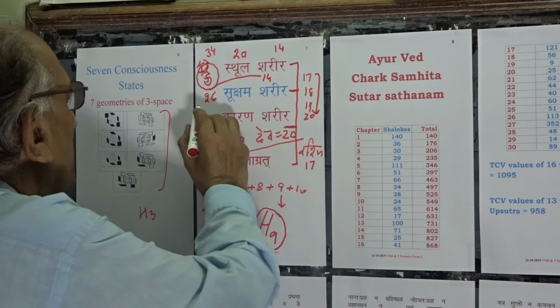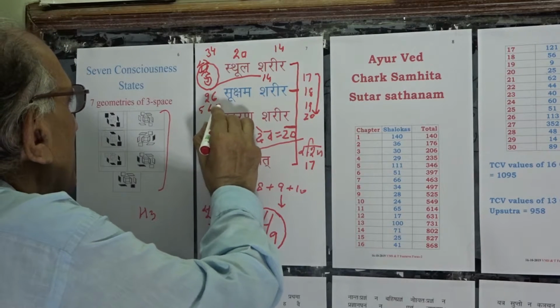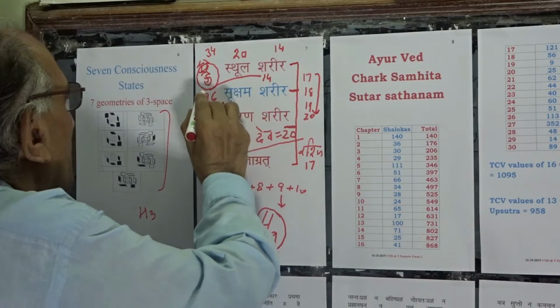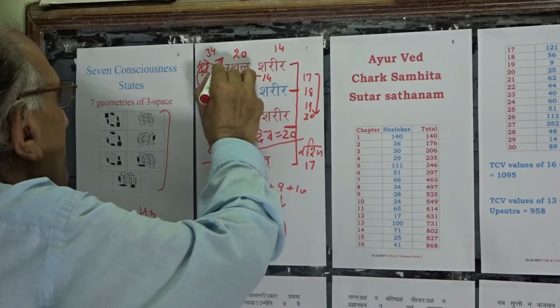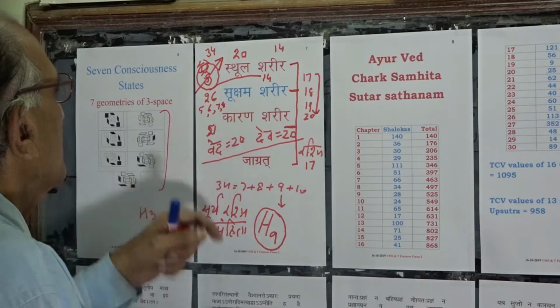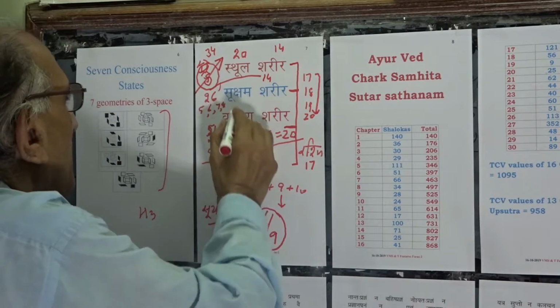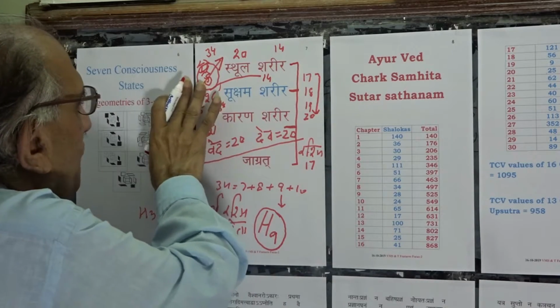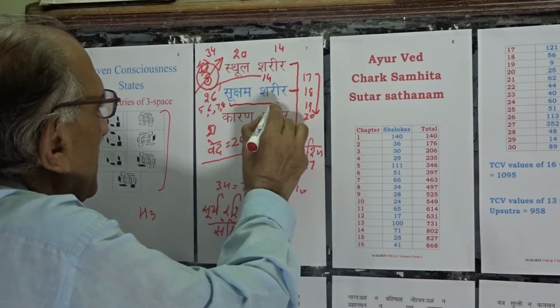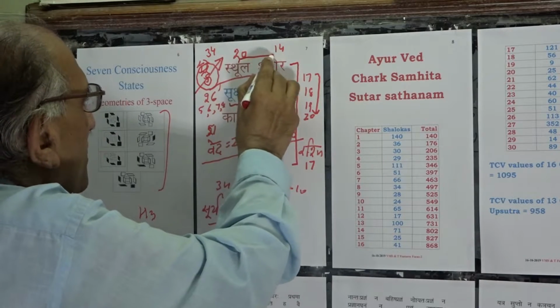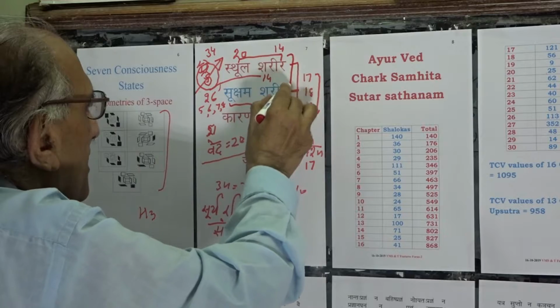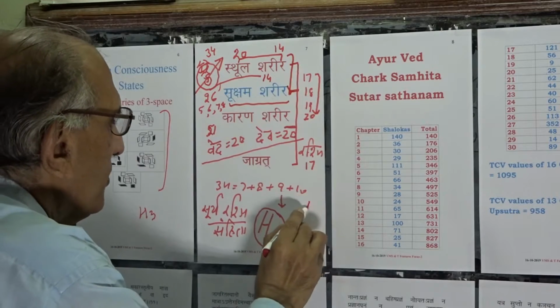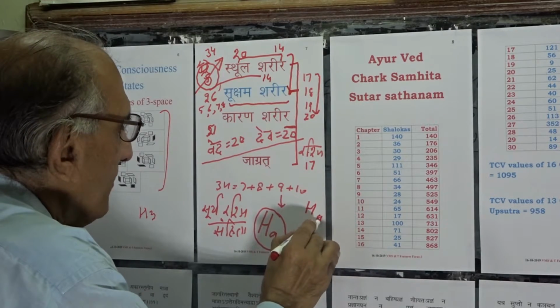And 26 we know is 5, 6, 7 and 8. So 5 space as dimension leading to value 26, and the creative boundary leading to the value 40 as a Suksham Sharir. So reach from Sthul Sharir to Suksham Sharir is a reach from hypercube of 9 to hypercube of